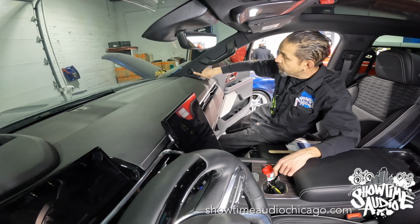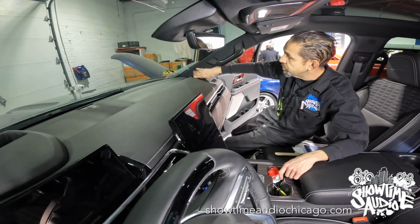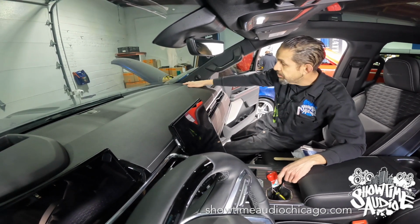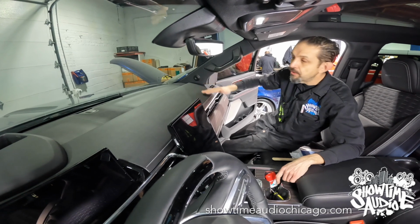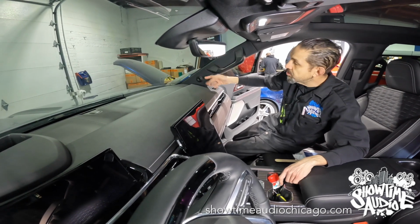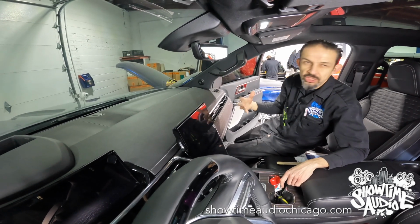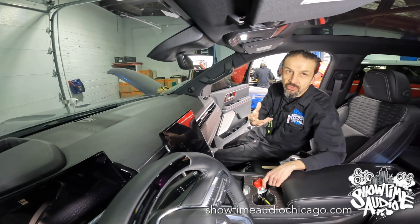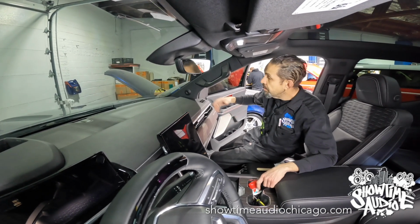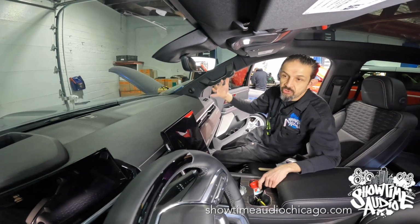and then we mounted the Focal tweeters right here in the pillars. The nice thing is, with this new finish, they literally look like they could have come there from the factory. But adding the 2-inch wideband and putting the tweeters up here brings the sound stage up so much. Typically in these cars, we would have put the tweeter in this spot right here, but you're losing a lot of information. You're losing a lot of the middle, and now you have the middle trying to play out of the mid-bass drivers. But by moving it up here, it brings the stage up, reflects off the glass,